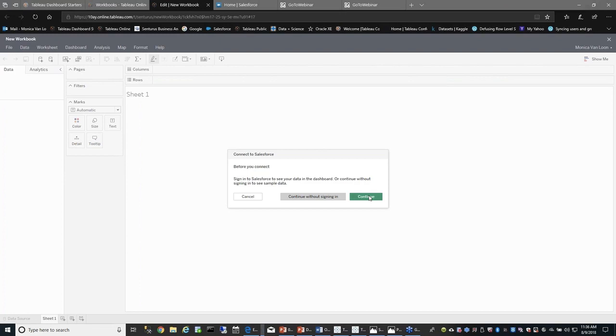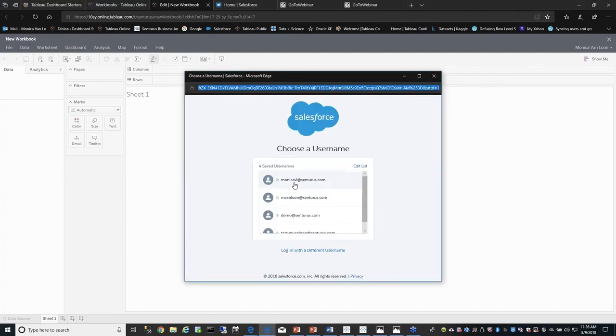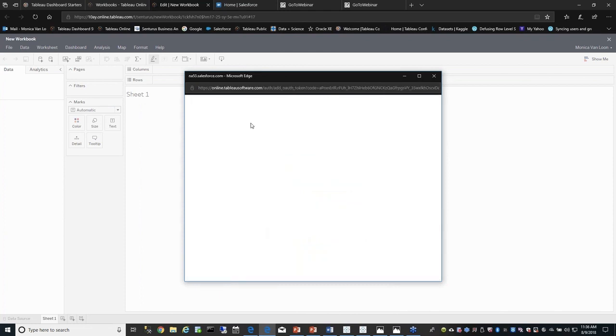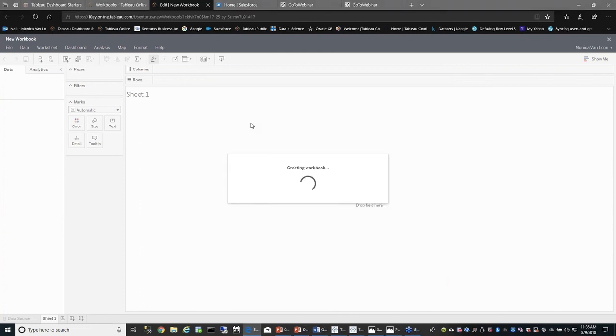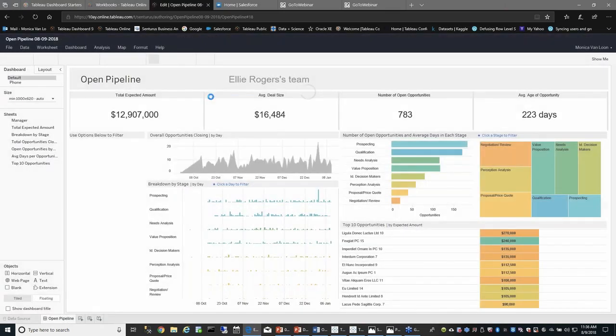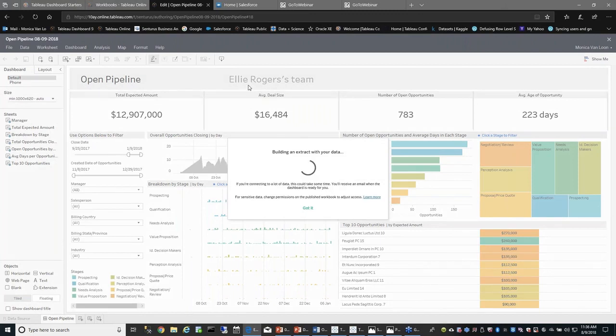But if you want to actually connect to your Salesforce cloud, you hit continue, log into your Salesforce cloud. Now, one thing I'll point out is this is my little demo database of Salesforce opportunities. I have 35 opportunities, and it could take a while. You think it's here, but this actually is the demo data, and it says building an extract. So you can imagine if it takes a couple minutes for me with 35 opportunities, yours might take